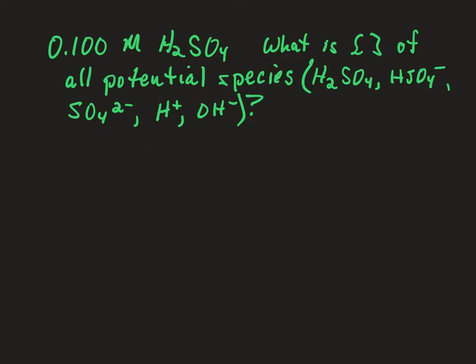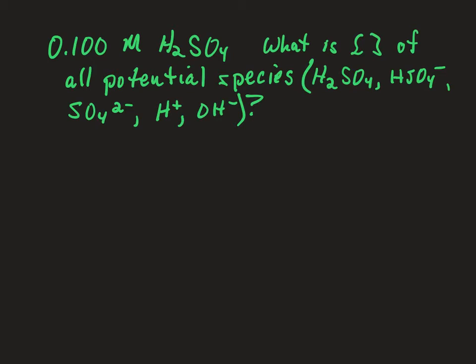Okay, so let's consider a 0.1 molar solution of sulfuric acid. That's going to go into water and it's going to dissociate. So what would be the concentration in each potential species? Undissociated sulfuric acid, the hydrogen sulfate ion, the sulfate ion, hydrogen ion, and hydroxide ion. We could figure out all of those things. Well, first, if we're taking this as a strong acid,